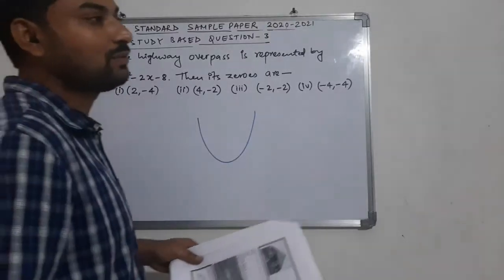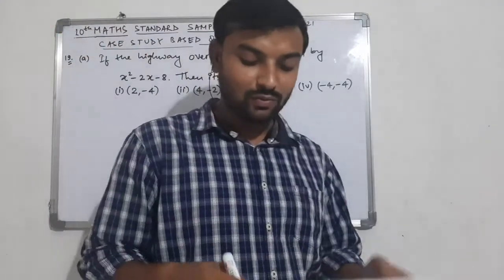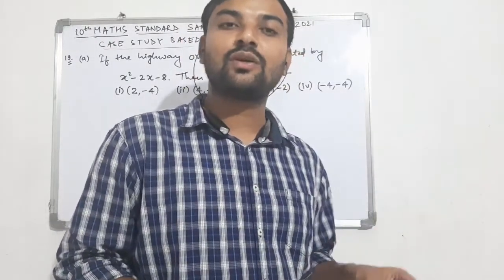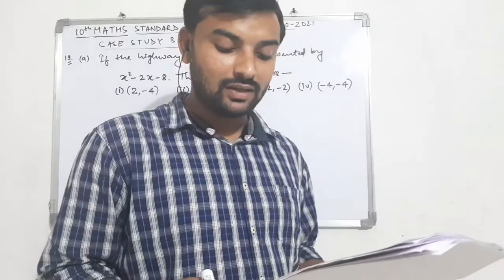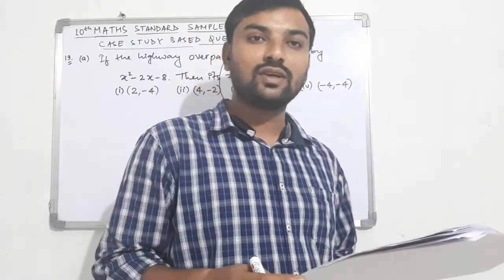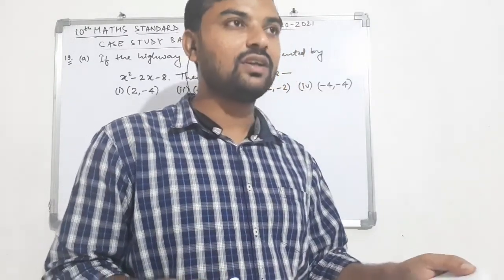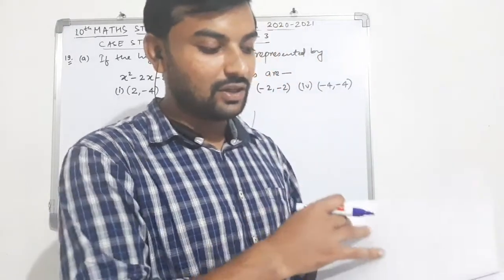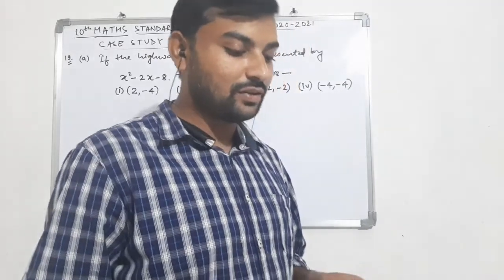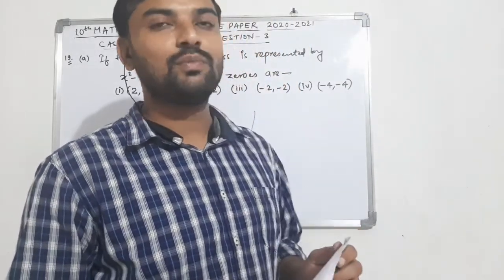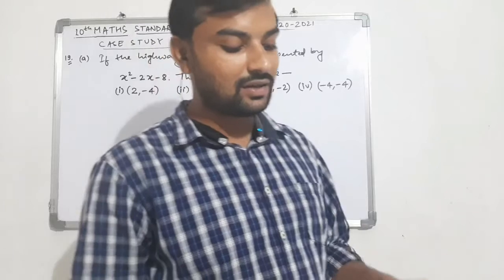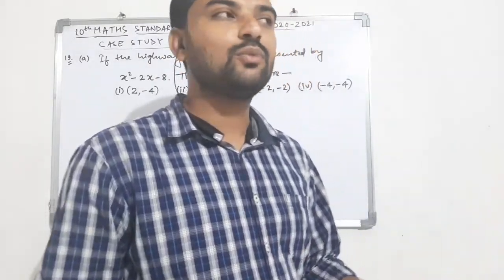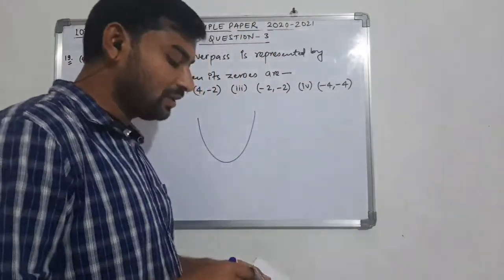We drew the graph of quadratic equation, which is known as parabola. It is a graph that results from p of x is equal to ax square plus bx plus c, and it is symmetric about the vertical line, as you must have seen in chapter 2. The minimum or maximum point is called the vertex, when we have upper open or lower open according to the value of a. Let us come to the question directly. These are very simple questions.